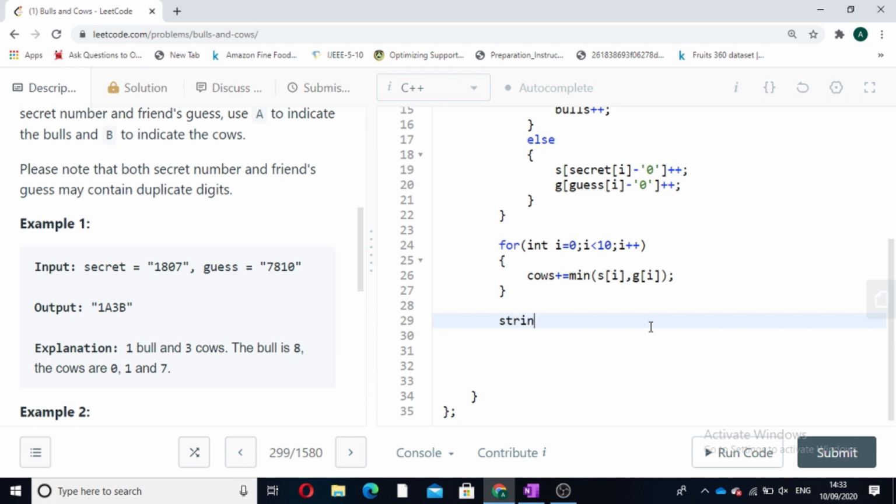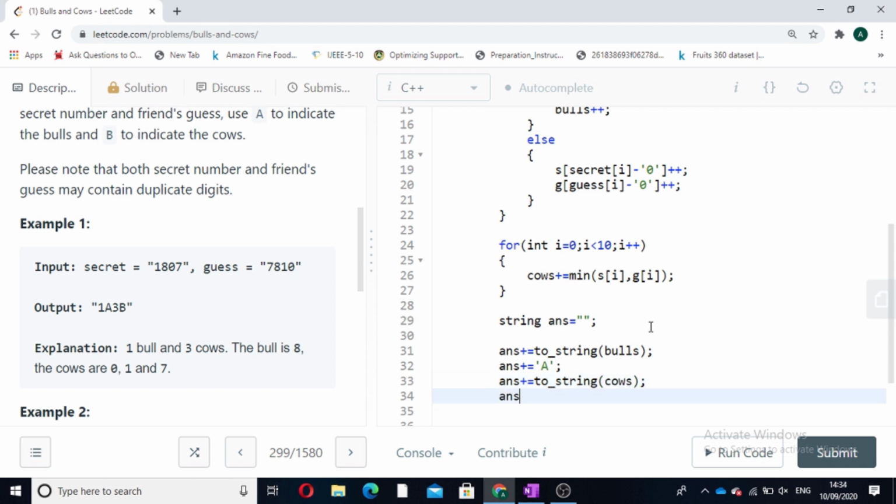a string. We will declare string answer equal to an empty string. answer plus equal to, we will convert our bulls to a string. Bulls answer plus equal to A. Now we will convert our cows variable to a string so that we can append it to the answer.